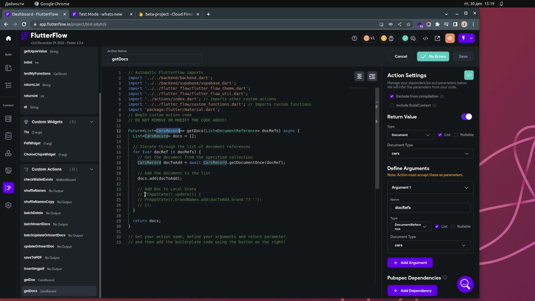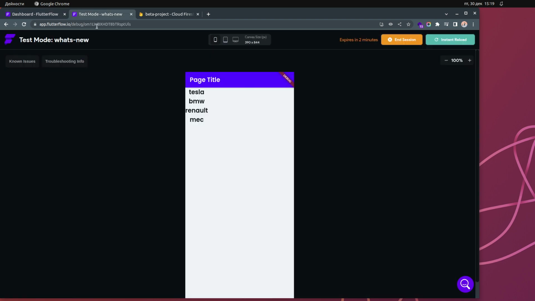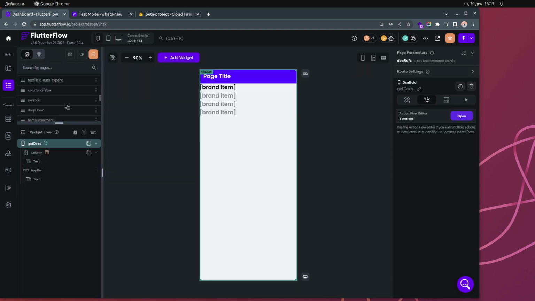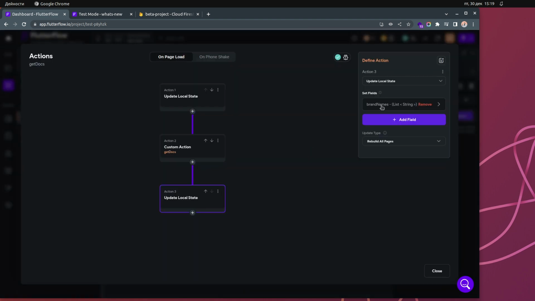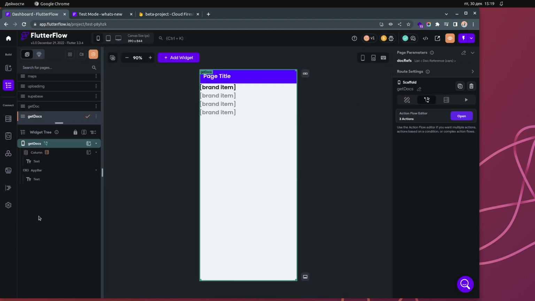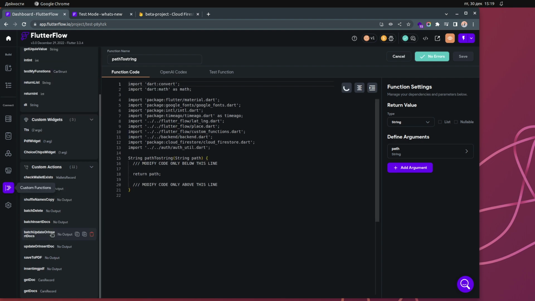You can also put it in a local state from over here, so from the custom code, and not from the action. So these three lines over here are basically the same thing as over here. So let me show you. Basically it's the same thing as this action over here. So update local state, this is doing the same thing. And then if I click over here,